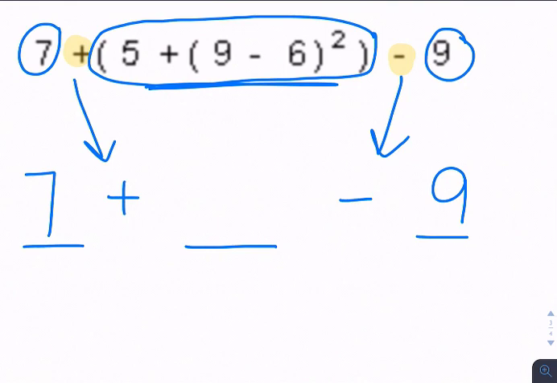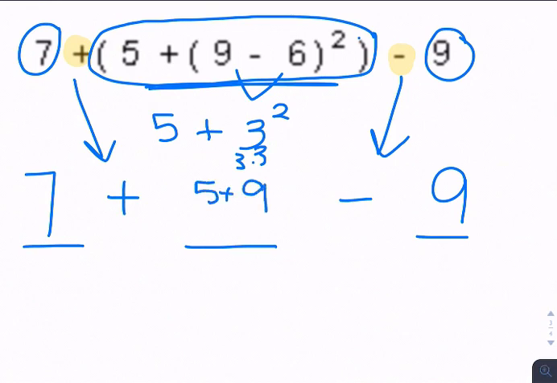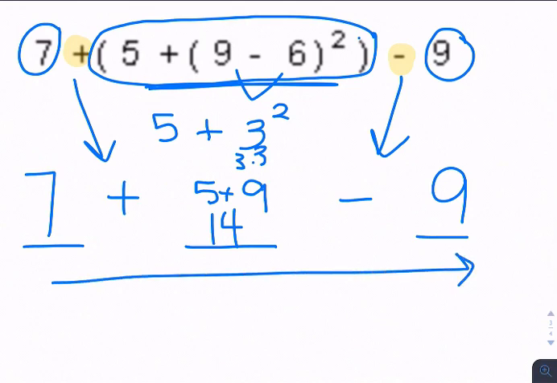But this middle one has a lot of pieces to this term. So I see exponents, I see parentheses. I need to do my parentheses first. So this becomes 9 minus 6, which is 3. So it becomes 5 plus 3 squared. I need to do 3 squared first. So this is really 3 times 3, which is 9. 5 plus 9 is 14. So this is 7 plus 14 minus 9. I need to go from left to right. 7 plus 14 is 21. 21 minus 9